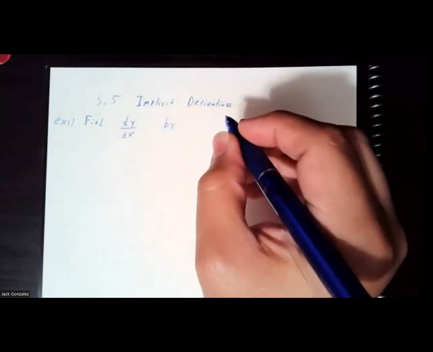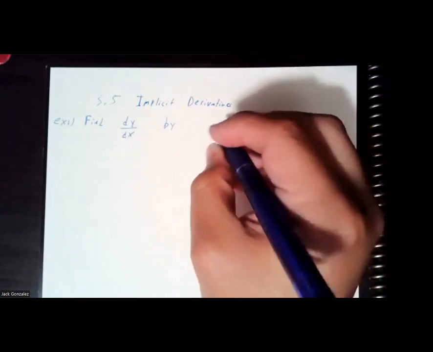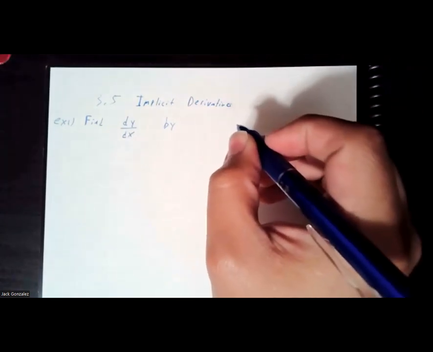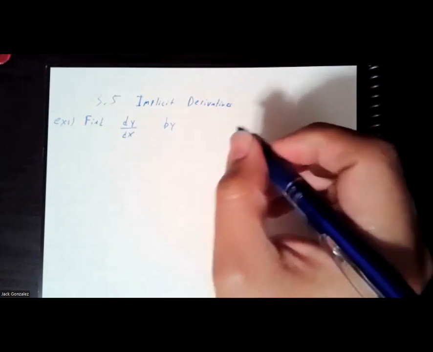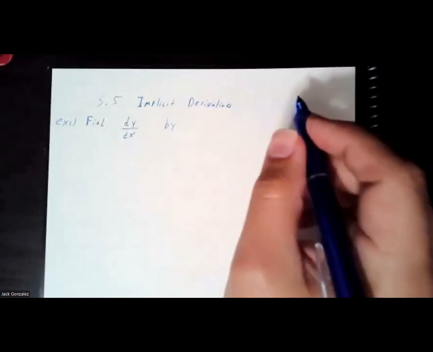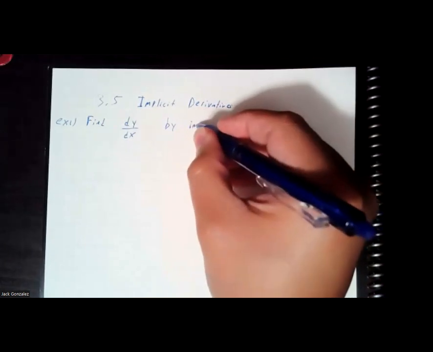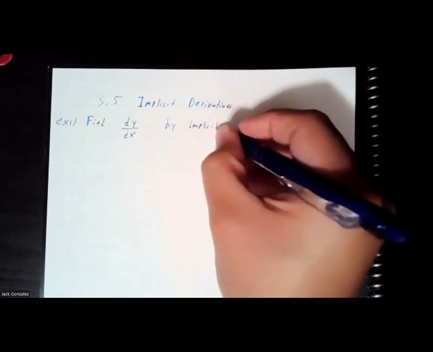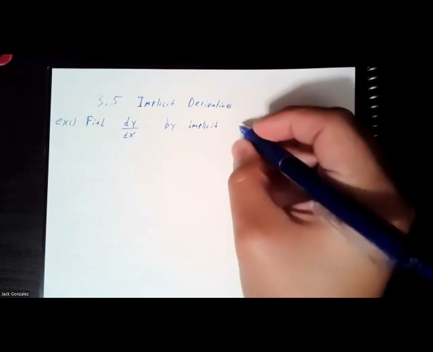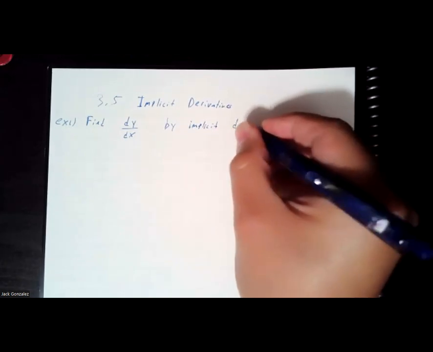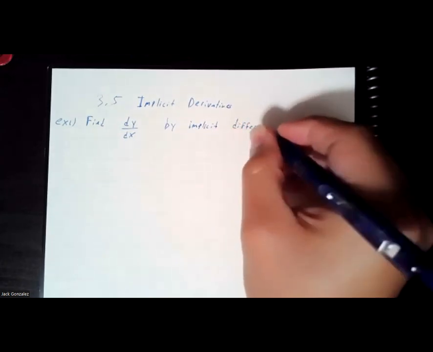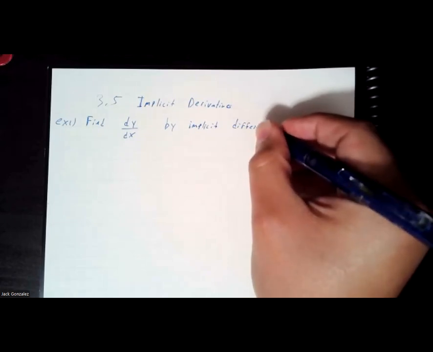Like you can't just solve for y like we've been doing. So every example you've done before was solved for y. That's why we were just dealing with x's and doing the power rule and all that stuff. Now we are not able to do that. So by implicit differentiation,